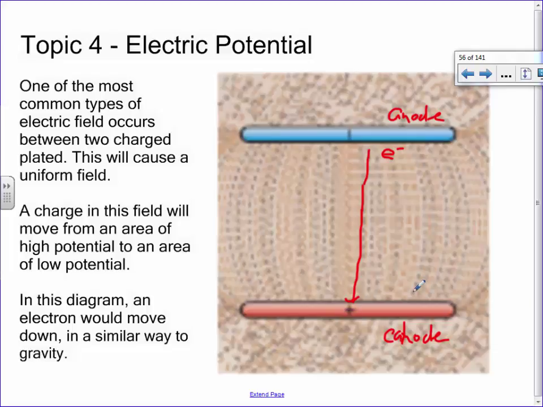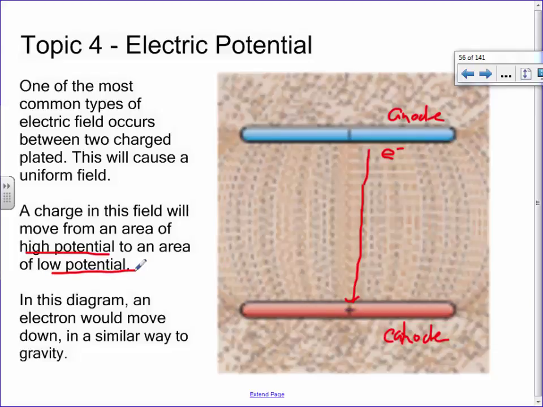We have a similar example for this. I'm going to relate this to gravity. Imagine that these things right here weren't electrically charged plates. Imagine they were just gone and it was gravity. What would gravity cause things to do? Wouldn't it cause something to basically fall downward? And so in terms of gravity, we would say that it has potential energy. Well, we use that same word here. I've actually got this written in this little section right here. A charge in this field would move from an area of high potential to low potential.